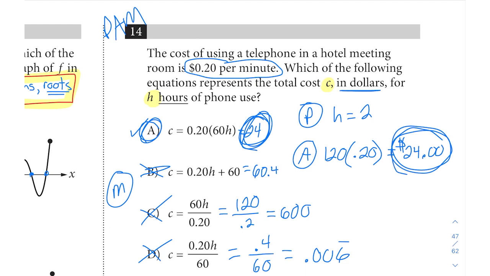It matches the value that we came up with by just plugging in a nice easy to use number like h equals 2. So again, don't forget about PAM. She'll be your best friend whenever you're dealing with questions that have variables in the answer choices of really difficult algebraic relationships. Using pick, answer, match is a great strategy to try to make that a little bit more manageable and something that we can oftentimes